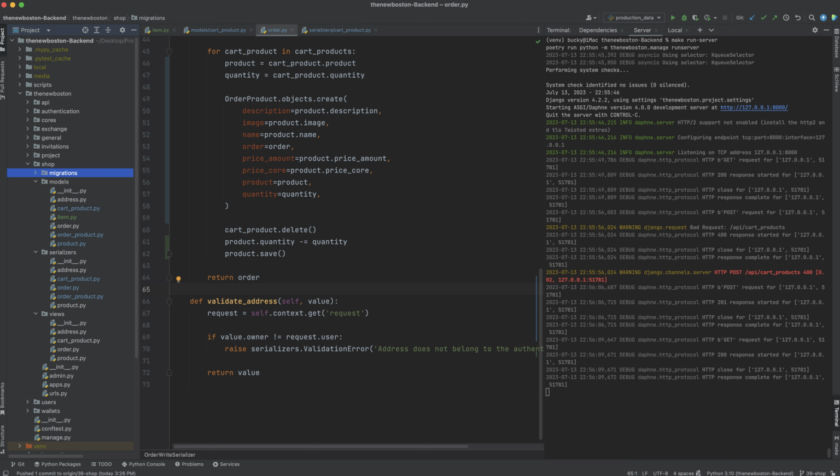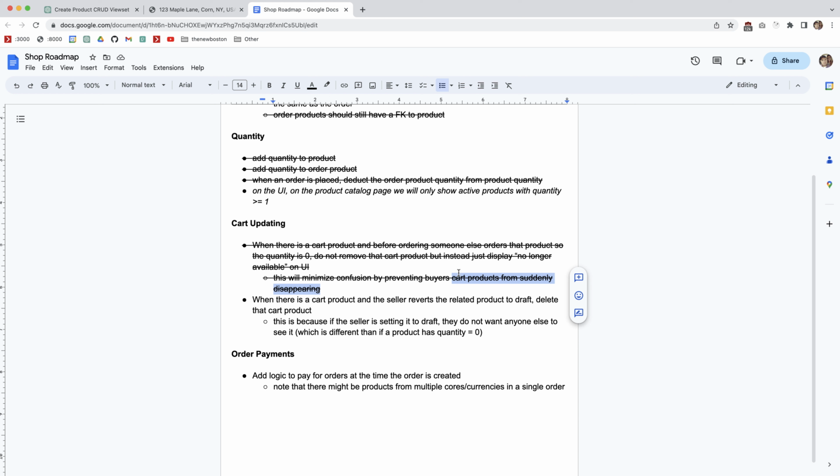Okay, so now let's look back at "no longer available." This is going to minimize confusion. Even though they won't be able to order that product, we don't just want to remove it from their cart, because we don't want cart products suddenly disappearing from their cart if we don't need to. However, in this case, when that product is reverted to draft, we do want to remove it